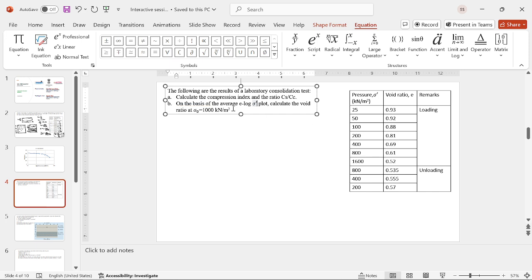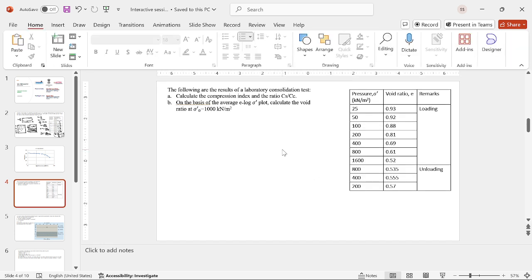This is sigma dash and sigma naught dash. Okay, so we have been given the void ratio and we have been given the pressure, and